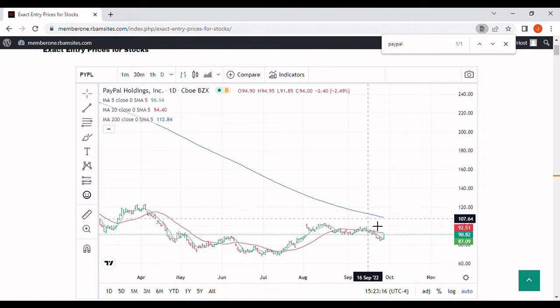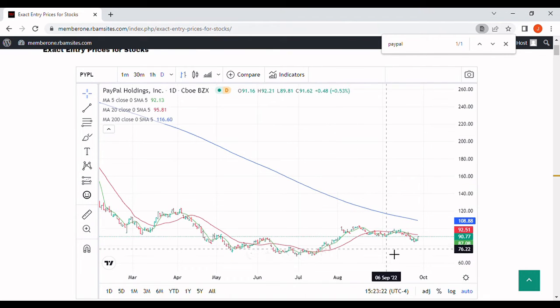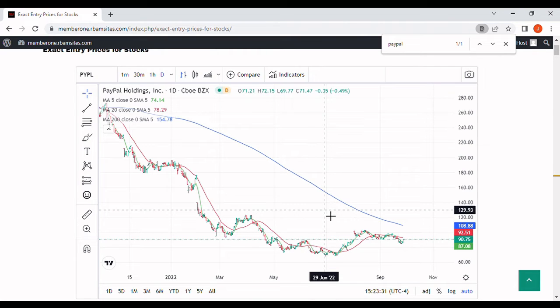So I could easily see this stock getting to 120. However, the problem is it's distributing right now. So it's got to get down first and get some really solid buy support. And the way this stock trades, it's very lackadaisical, and it goes sideways for a long time. But we need to get some tests down here of these lows, of these $67 lows here that happened back